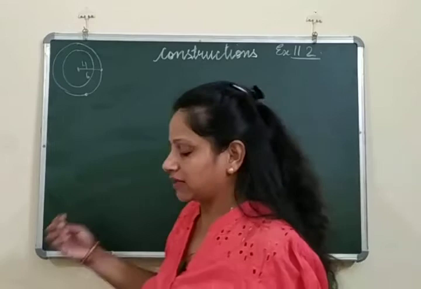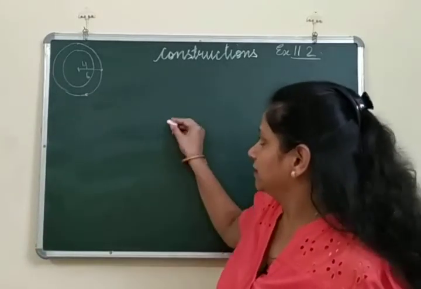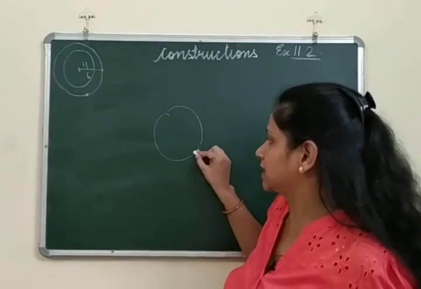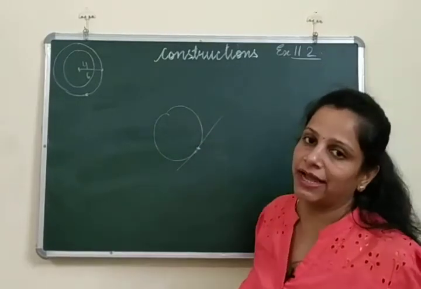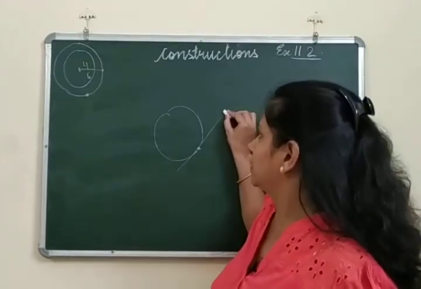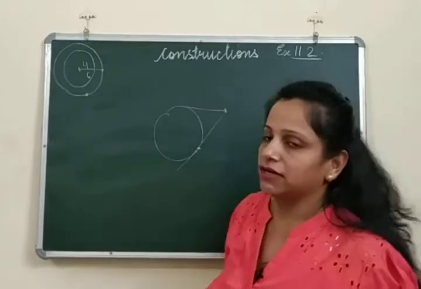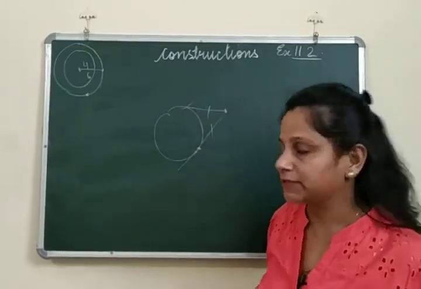Now before starting with this, let me tell you the tangent is what? When there is a circle, there is a point on a circle, and if the line touches the circle only at one point, that is known as tangent. And do remember that if we are having an external point, two tangents are drawn and the length of both the tangents are same, right?